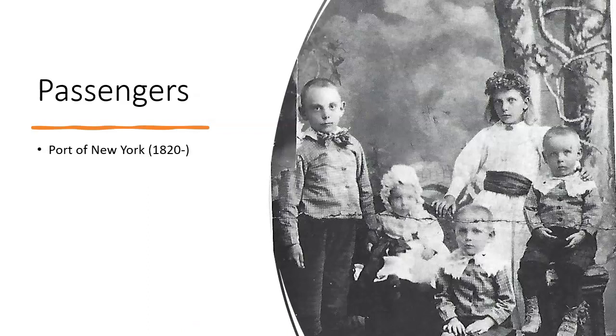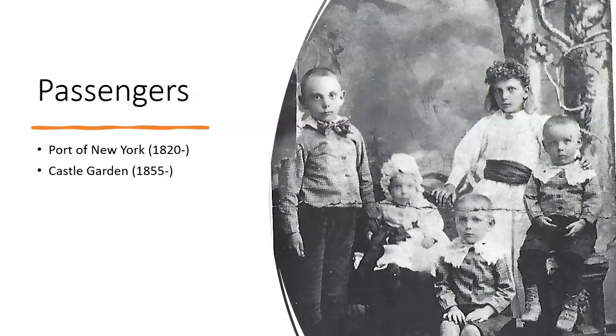First, let's talk about who you'll be searching for on the website. Incoming passengers for the Port of New York beginning in 1820. Arrivals at the Castle Garden Immigration Processing Center beginning in 1855. Beginning in 1892, you have both arrivals via the Ellis Island Immigration Station, who were the third class or steerage